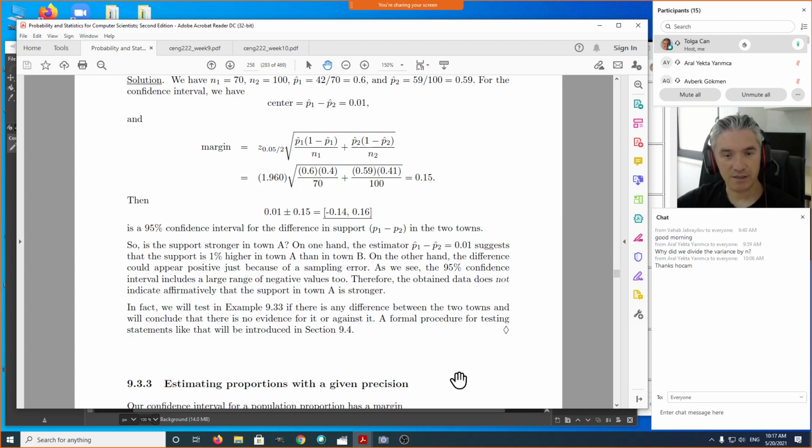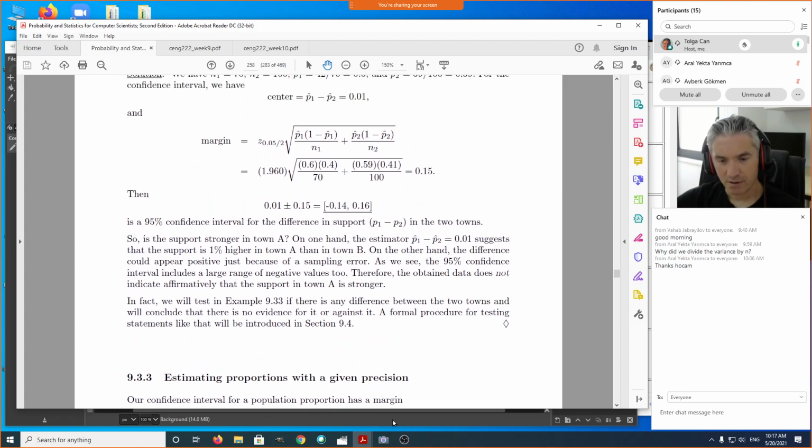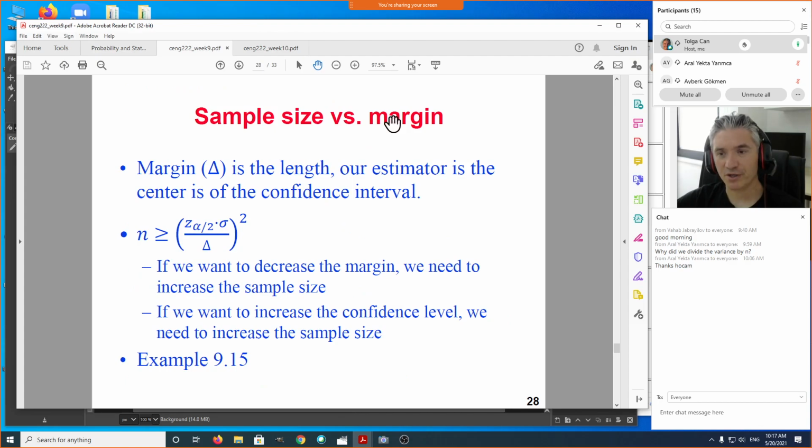Now, here is an interesting subsection: estimating proportions with a given precision. Remember, we talked about sample size versus margin earlier. If you want to,